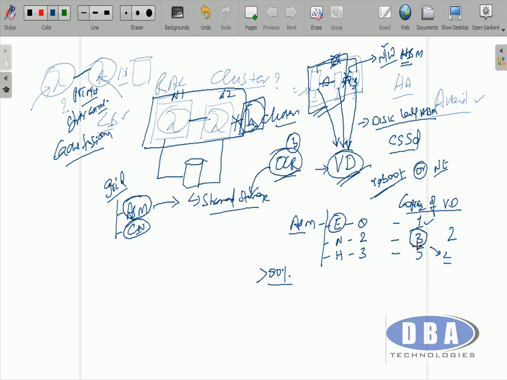So the next number is going to be 5. If 2 go down and 3 disks are working, 3 is more than 50%, so your cluster can continue functioning. So the rule is each node must be able to use more than half of the voting disks in a disk group.